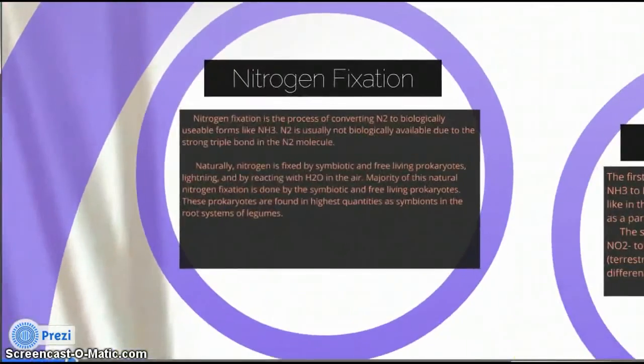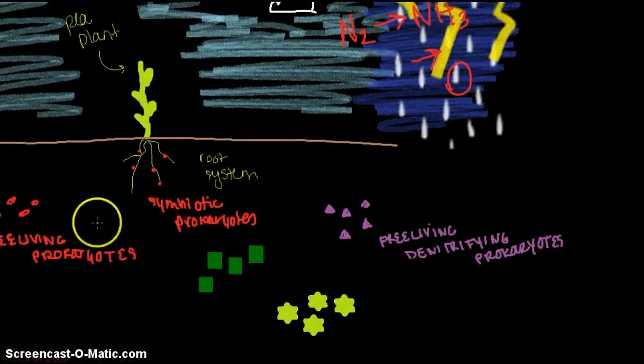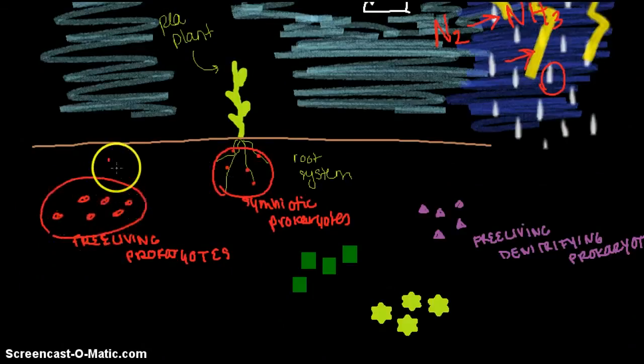The first step of the nitrogen cycle is nitrogen fixation, and it's the process of taking that biologically unavailable form of nitrogen, the N2 molecule, and turning it into a more usable form like NH3. This process is done naturally in the air by lightning and by reacting with water in the air. It's also done by these symbiotic prokaryotes here and free-living prokaryotes here, which do the same process of converting N2 into